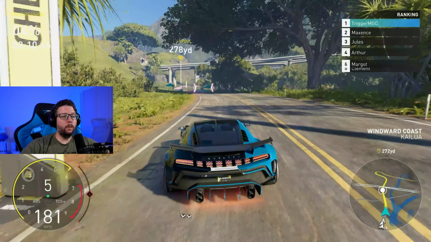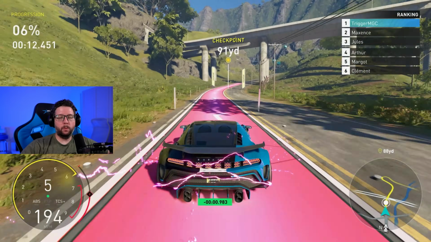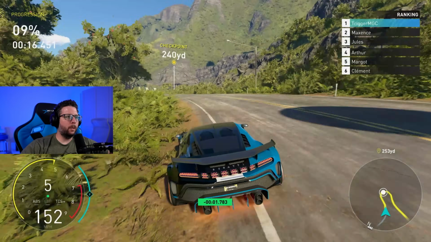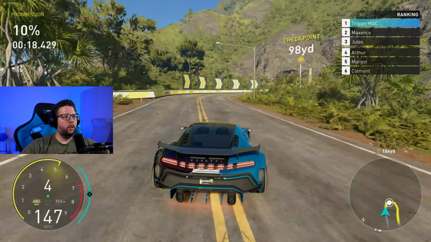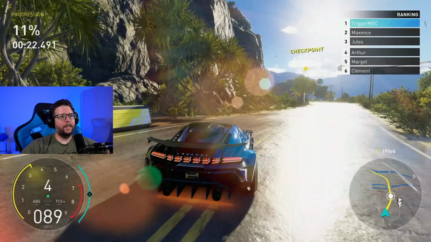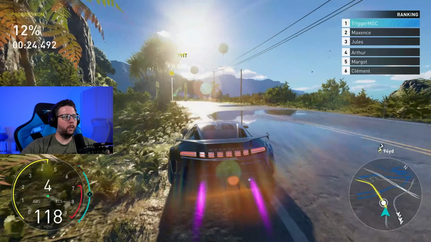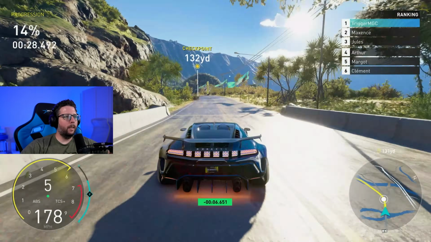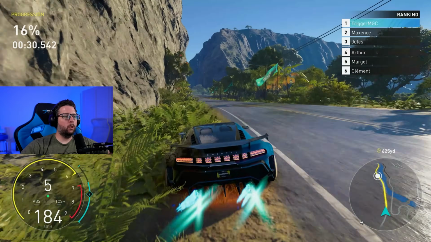All right, this next race is called To Modernity. Anyways, this is the one with the NOS strips we did last week. So for this one, it's all about NOS management. On these first couple of turns though, you're going to be using the gutters. Now, once you get done with this gutter turn, that's basically where you can start using your NOS from that first strip. Just use it to get to top speed as fast as you can,